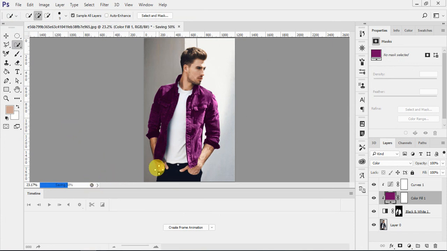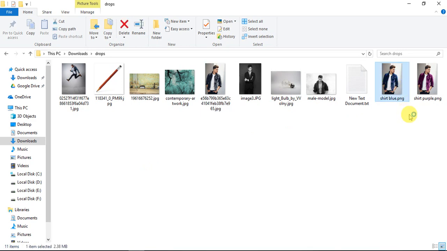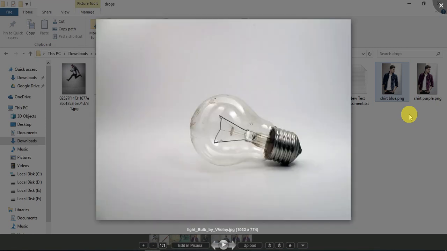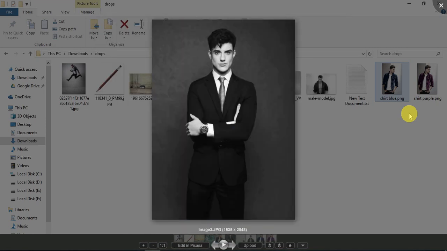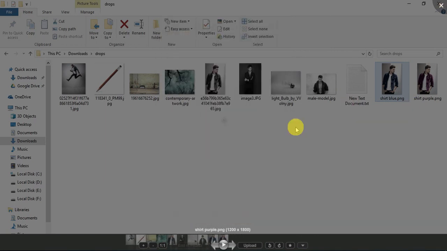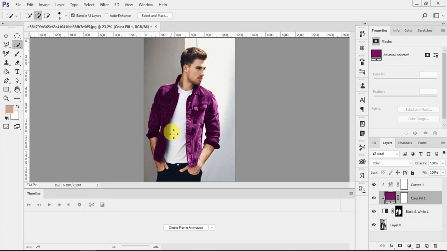So you see I have saved two images with different jacket colors. We will say here, these are my two shirts. The first one is my blue and the second one is my purple, and this is my original. Just like this you can create multiple copies of different colors, or you can change any color, like the shirt color, jacket, t-shirt, pants. You can change whatever color you want, like the skin tone color, or change the hair color, the eye color. You can use this technique and change the color to whatever you want.